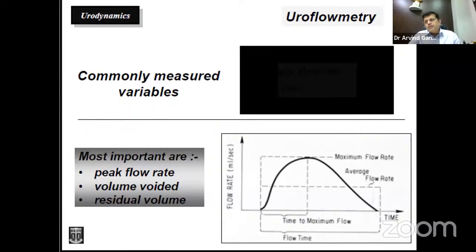What should one see in a uroflowmetry tracing or reading? The most important thing is the Qmax, that is the maximal flow rate. I don't think the average flow rate has much relevance, as has been depicted in this textbook diagram. What is most important is the Qmax, which is sustained for at least 2 seconds.